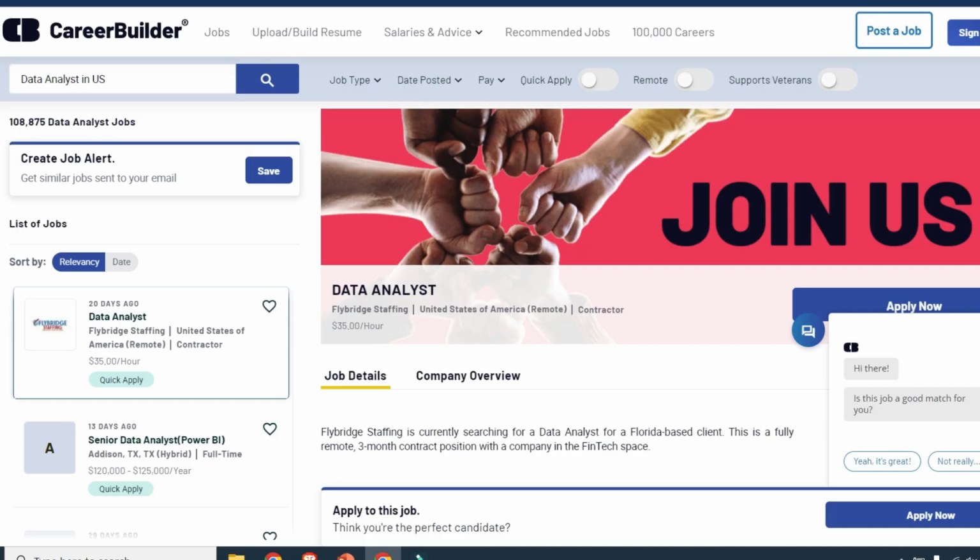Okay, so we're on Career Builder, the US Career Builder site, and you can see in the top left we have over 108,000 data analyst jobs. That is a lot of jobs. So really spend some time and have a look at these jobs, read the outlines, read what they're asking for. That is really the key to optimizing how you spend your time, how you learn, and what you learn. Everything has to be aligned with the job descriptions, because that's ultimately what you're going to end up reading, job ads.